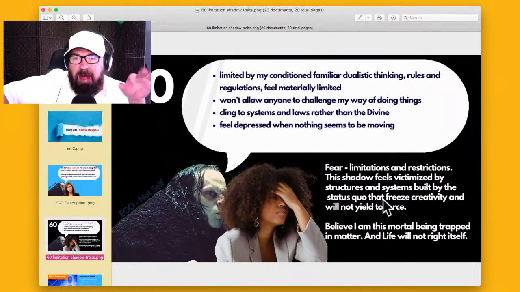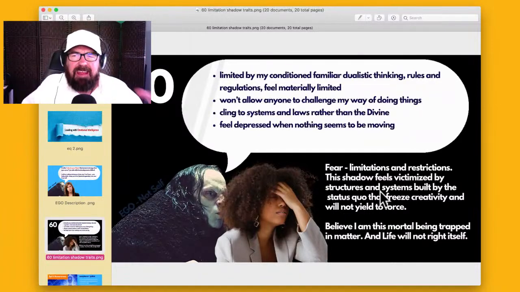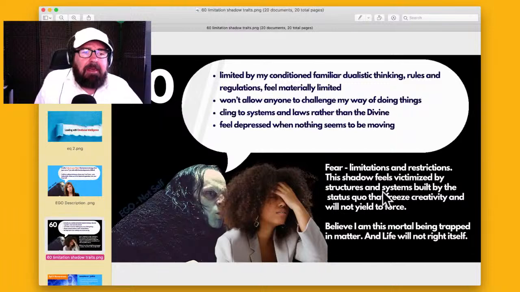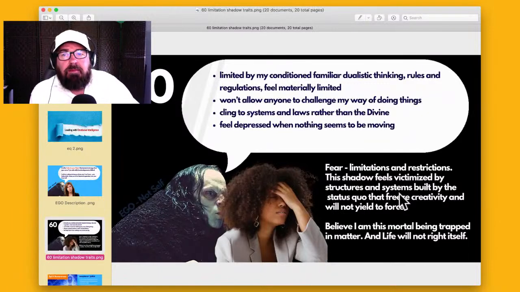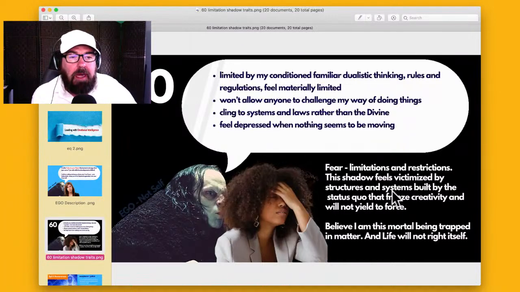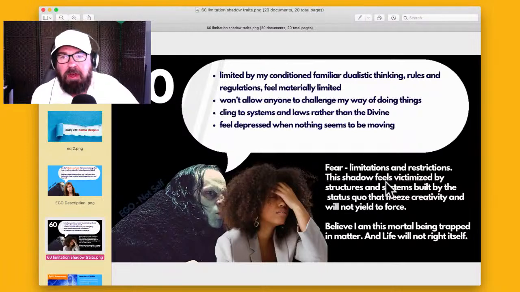People can feel limited by the systems and the government overreach, and you need a license for this and you need a license for that, right? You need to do this so that you can be free. Instead of the opposite, it's like we're free already. We don't need somebody to tell us that we're free, right? So it can feel victimized by that.